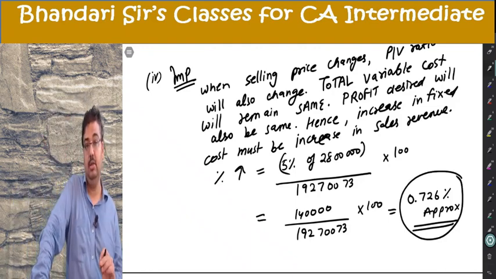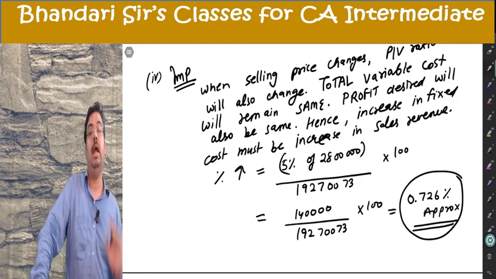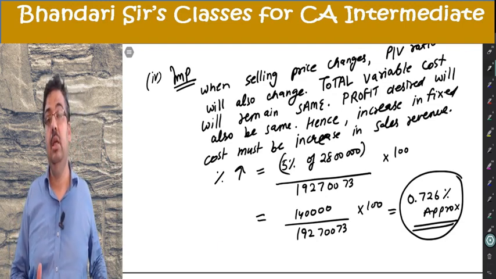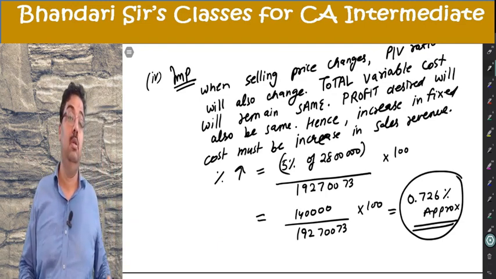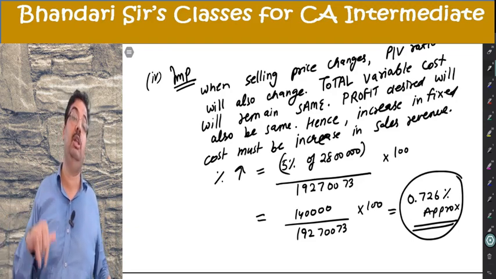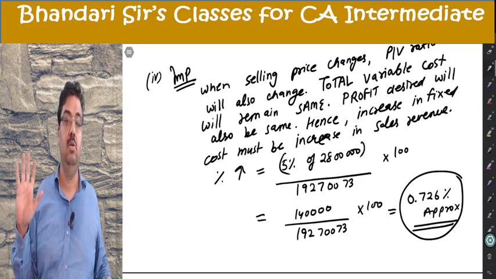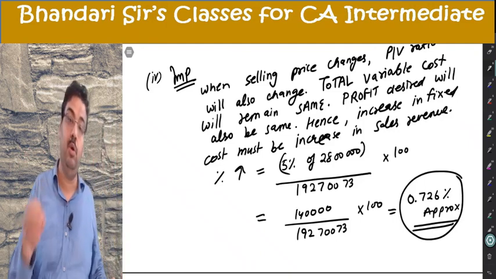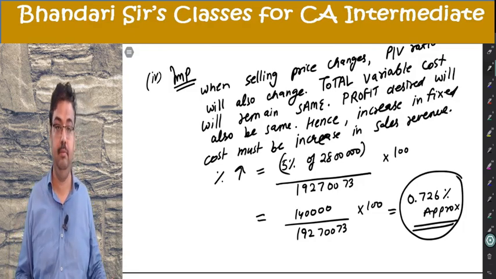The question has very good starting points, how to deal with merger, and very good fourth point, how to deal with percentage change. If we had increased sale units and not selling price, then variable cost is not same. Then I need to compute using constant PV ratio. Answer will certainly be different in that case. So you have to apply your mind while doing questions like this. Very good question which was asked in January 2021, question 3A.